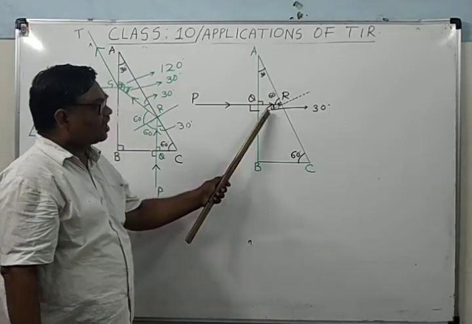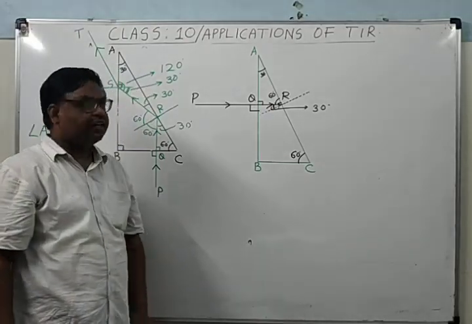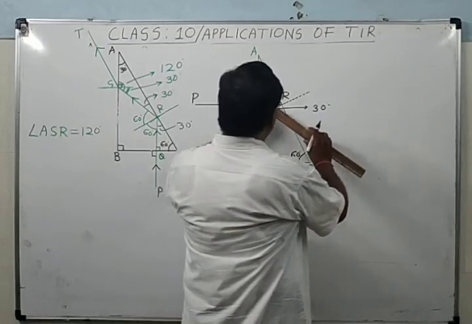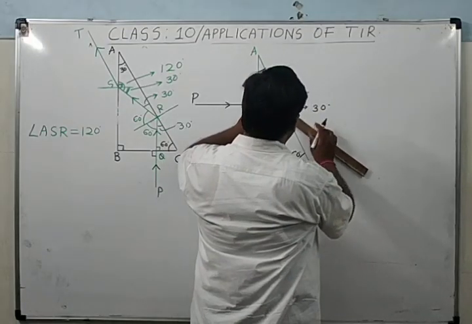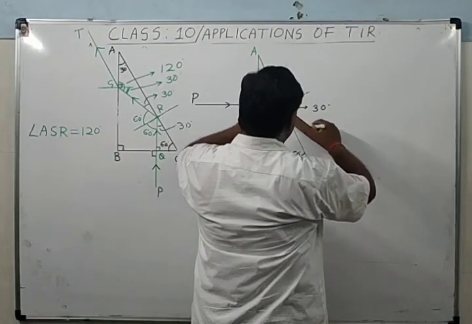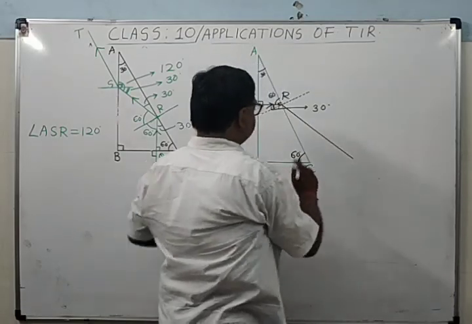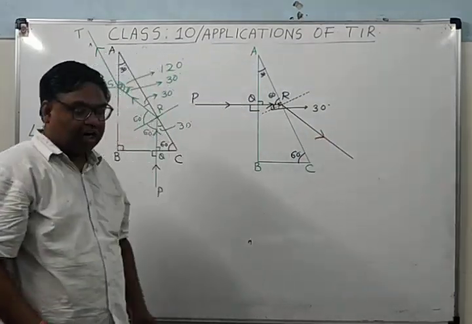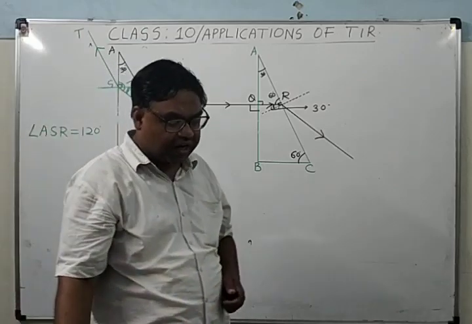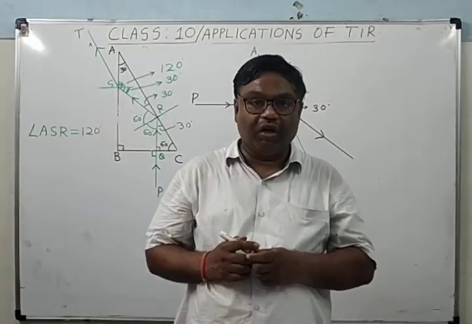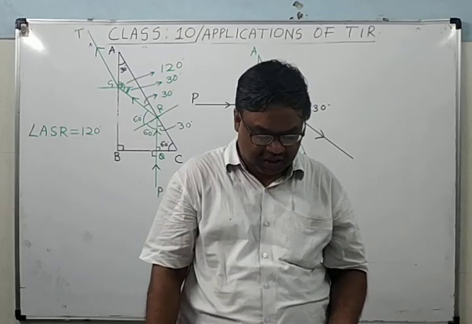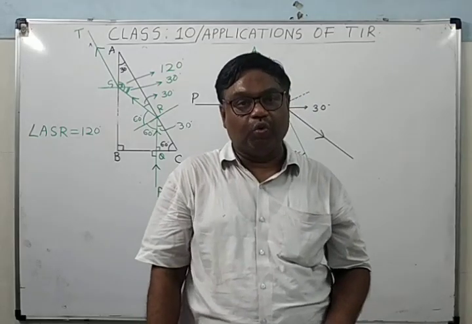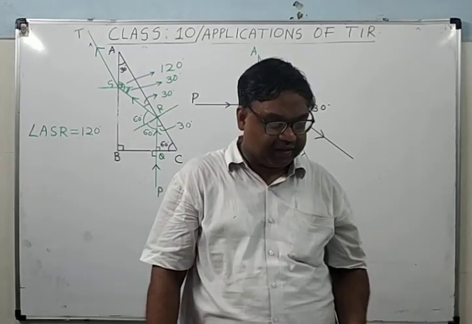So it is less than the critical angle, so it will get refracted. Getting refracted, therefore it will go undeviated this way. It's clear? Now, third case, when the ray of light is falling perpendicularly to the surface AC, that I am leaving for you. You try to make that. That's clear?